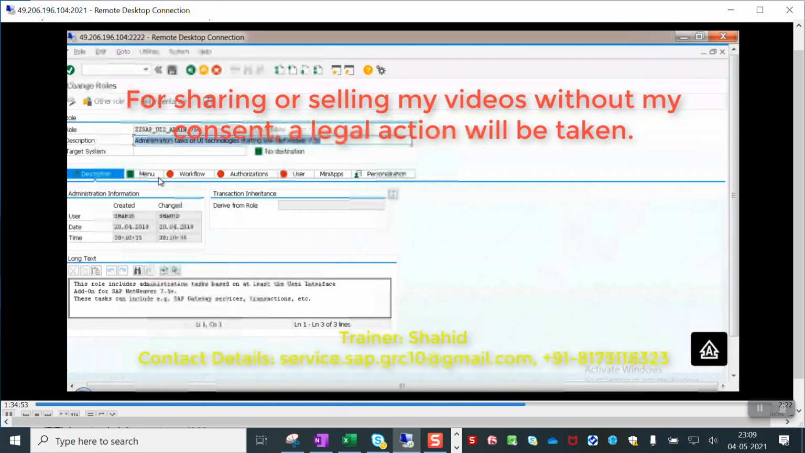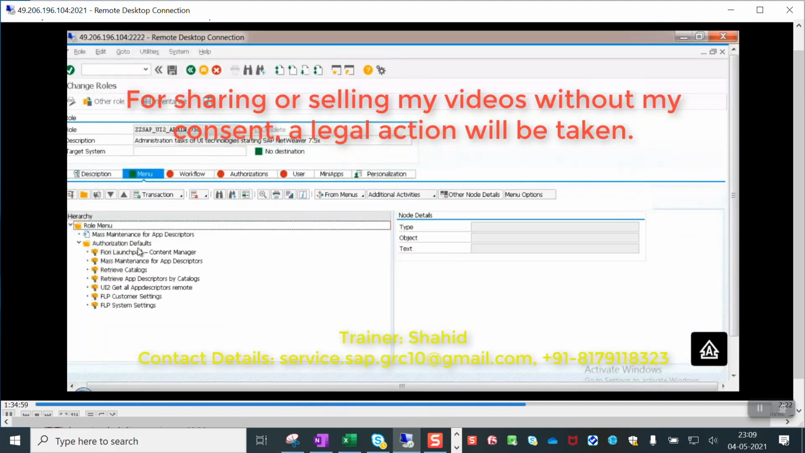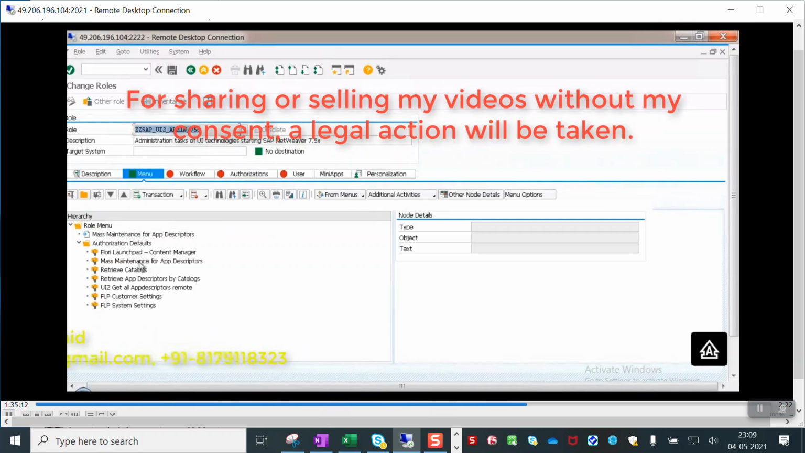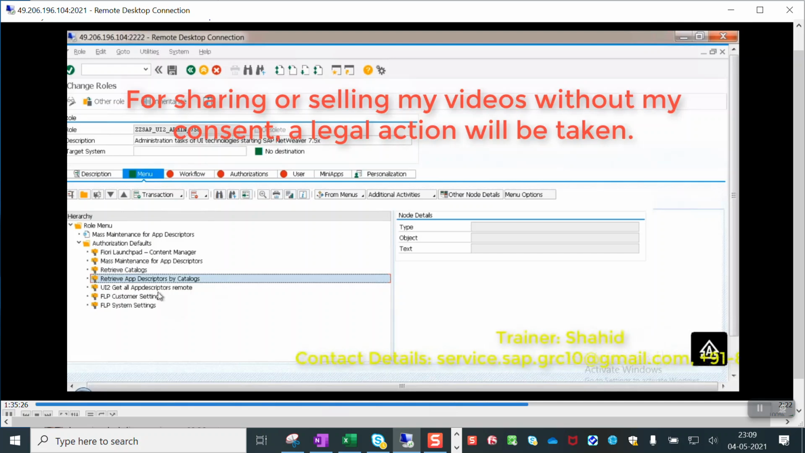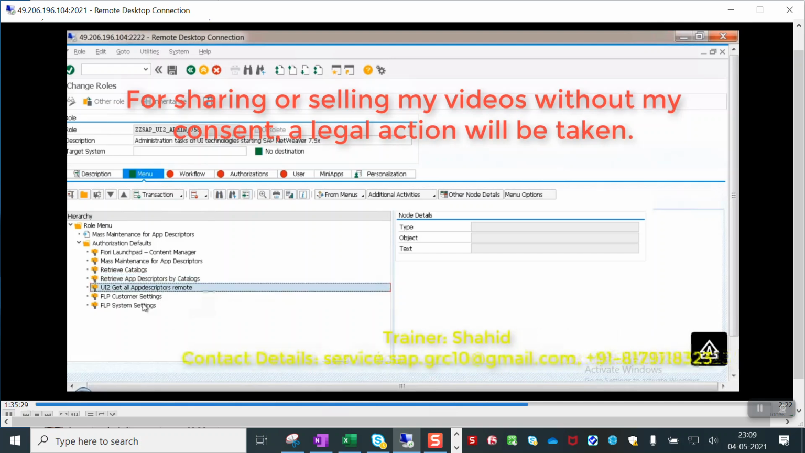These are the contents we have in this role, but along with these contents, we also need to add the OData authorizations in this standard role. We cannot directly use this standard role, so we must add OData authorizations in it. Okay. So we have Fiori Launchpad Content Manager, Mass Maintenance for App Descriptor, then Retrieve Catalogs, Retrieve App Descriptor by Catalogs, then UI Get All Descriptors Remote, Fiori Launchpad Custom Settings, Fiori Launchpad System Settings. Now,